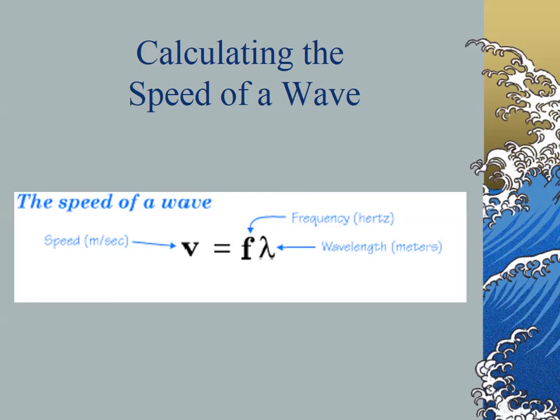They will love to give you the period first, so convert that to frequency and then plug it in. There are all different ways that they might use this. You might have to look at the problem a little bit and ask, can I figure out the frequency? Frequency is, again, the number of waves per second. So you might have a diagram where you have to count how many waves are passing in 1 second. Wavelength, you might have to look at the diagram as well. Speed is essentially given to you.